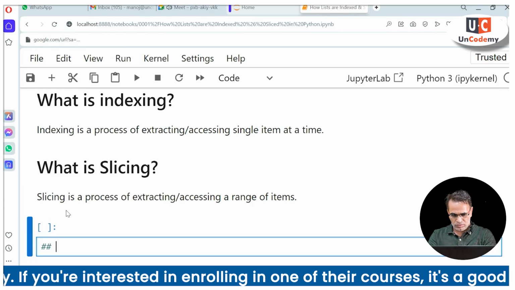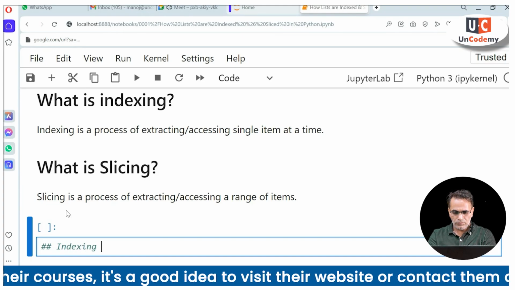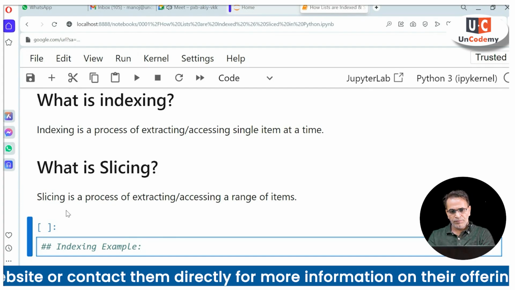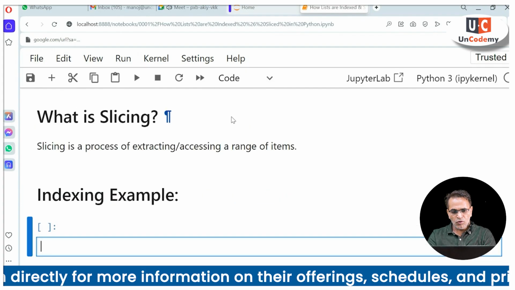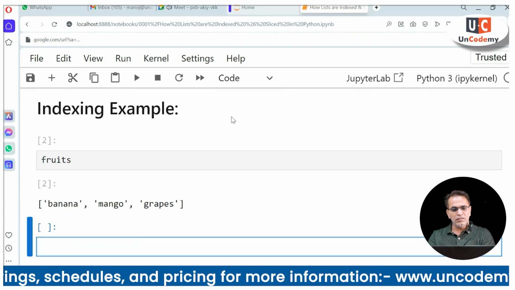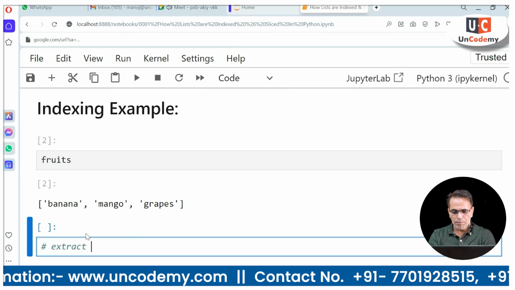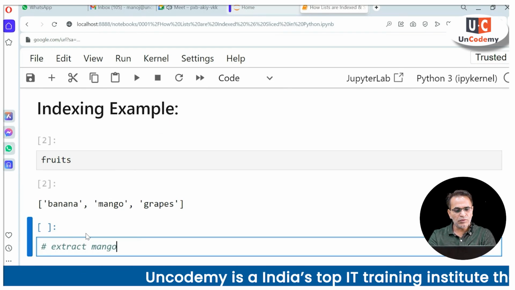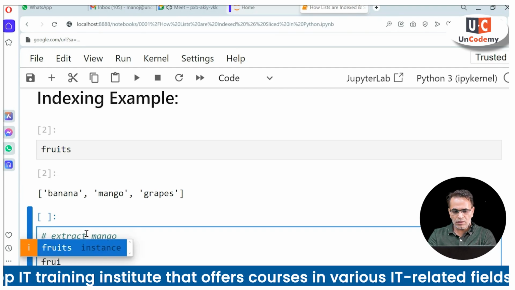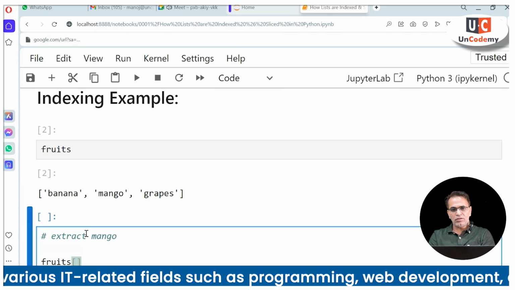So, indexing example. I have already created a list, say fruits is the list. Here I want to extract mango from the list. So this is my list reference and these are the square brackets in which I will